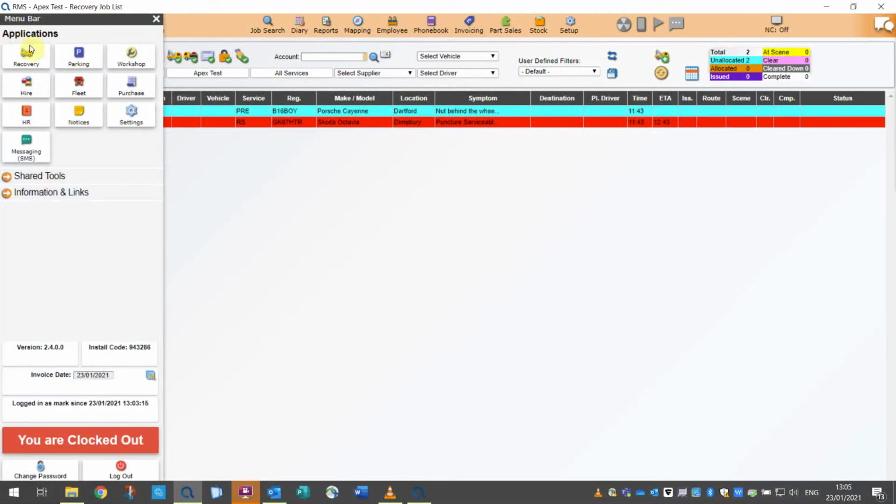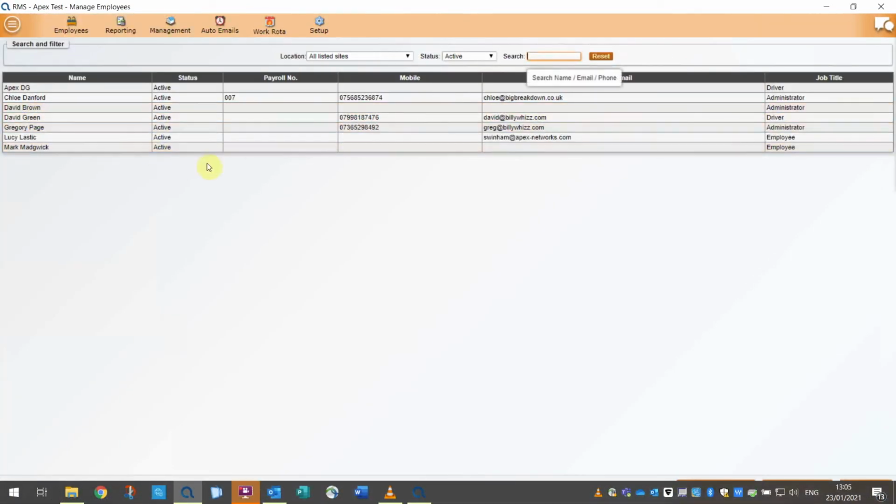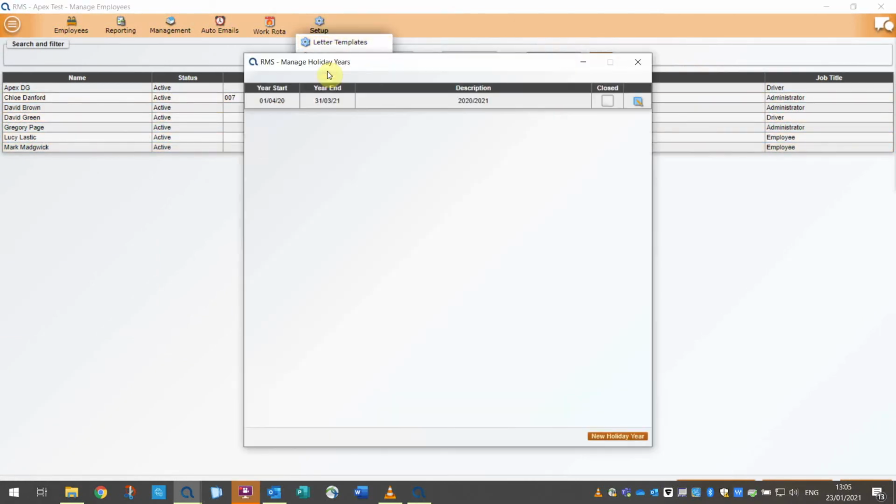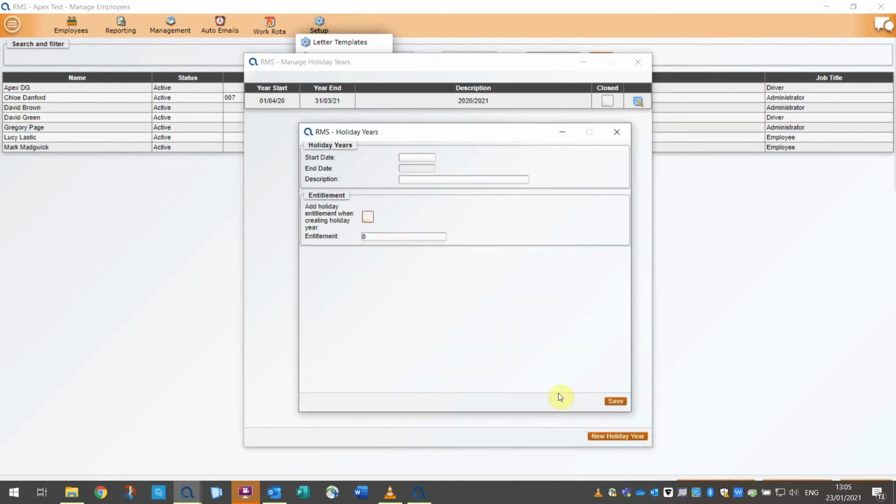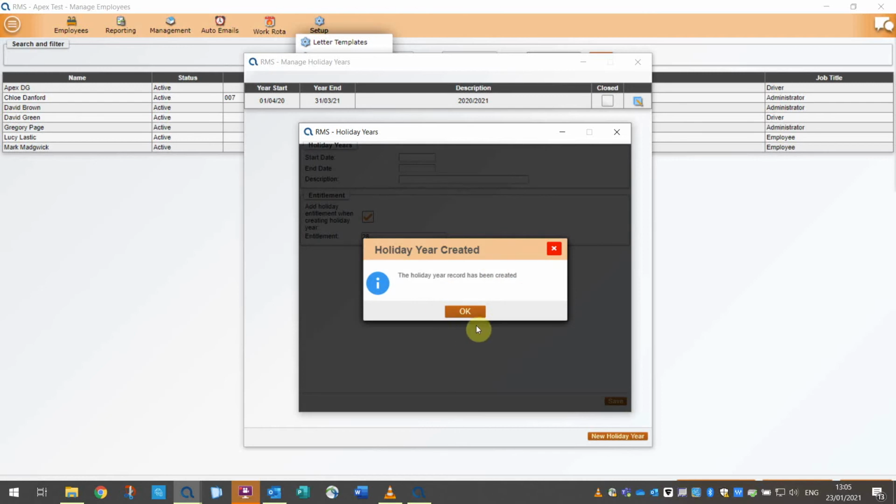To set up the holiday planner, you will need to go to the HR section and then to Setup. From the drop-down, select Manage Holiday Years. You will be able to set up the start and finish dates of your company's holiday year span. To do this, click on the button at the bottom left, marked New Holiday Year. Once you have entered the start date, the end date will automatically populate. Then, name the holiday year and follow on to the Entitlement section. This allows you to add a holiday entitlement for all employees if their entitlement is all the same. Click on Save and your holiday year is ready for you to add any mandatory holidays if your company has